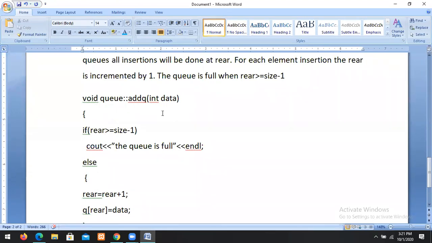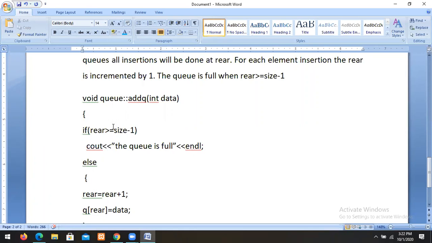So that's why we check for full. Sometimes the queue is full in the case of arrays, while in the case of a linked list there is no such problem. So the queue is full if rear is greater than or equal to size. If the size of the array is 10, we can insert 10 elements. If the size of the array is 20, we can insert 20 elements only. But in C or C++, we insert the elements from position 0. That's why we write size - 1.